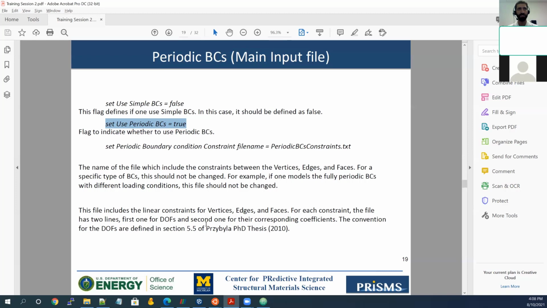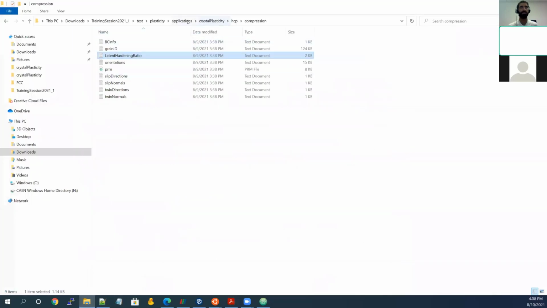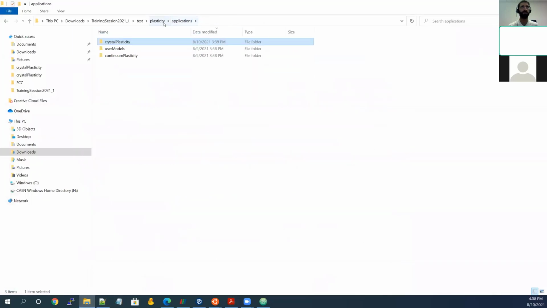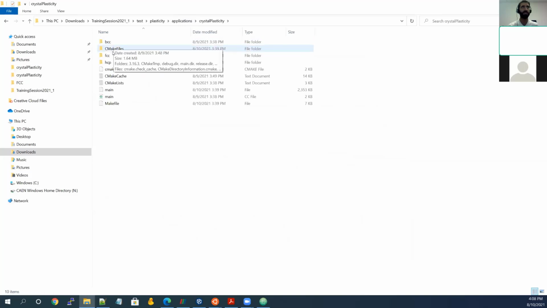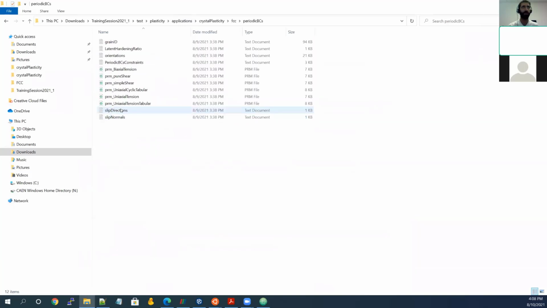And you can see for more information for each of those linear constraints, you can again go to that PhD thesis and read more information. But how it works is the input file, if you open, let me open one of the examples actually, might be interesting. So if you go to application, FCC, periodic boundary condition, and then open, let's say, uniaxial cycling tabular,